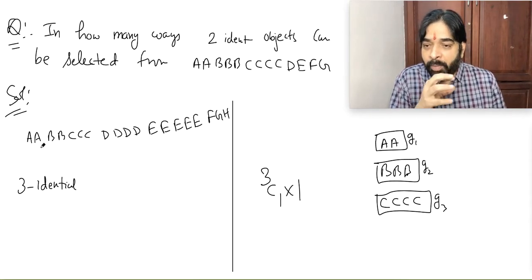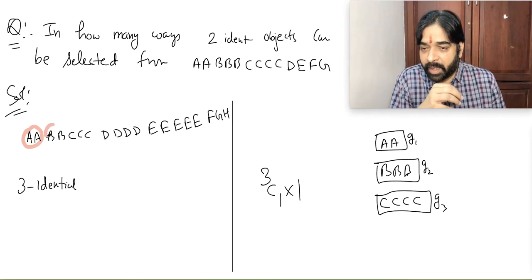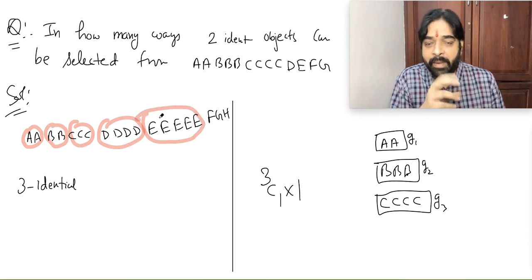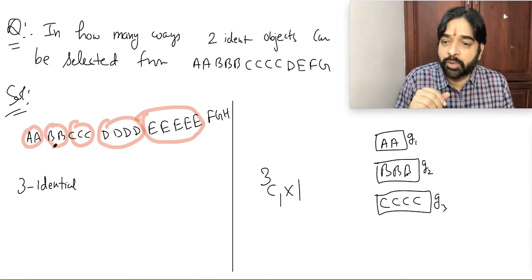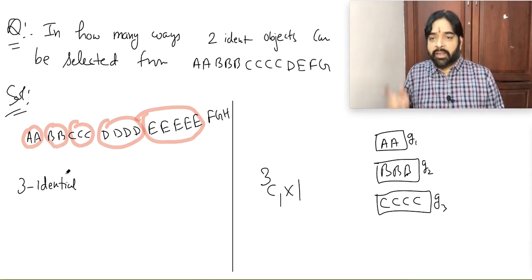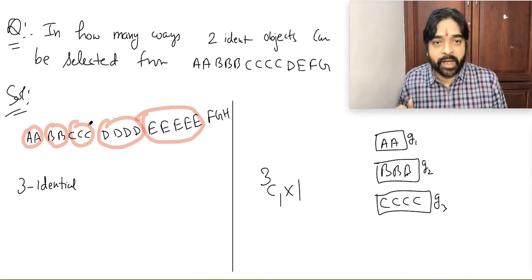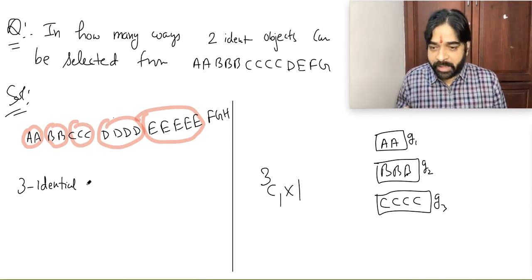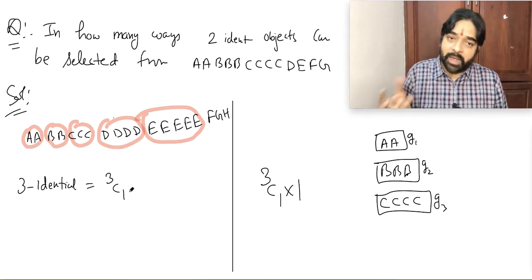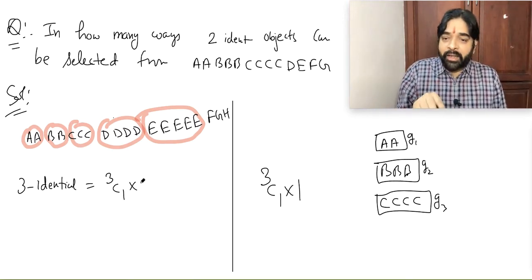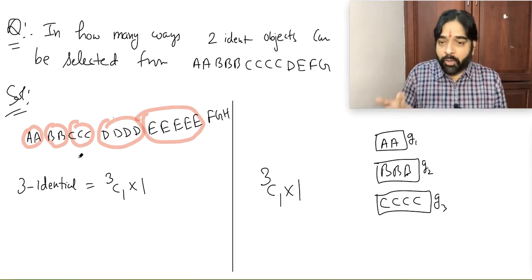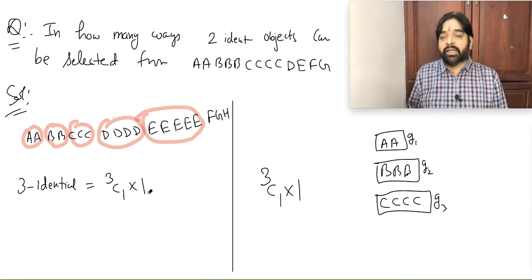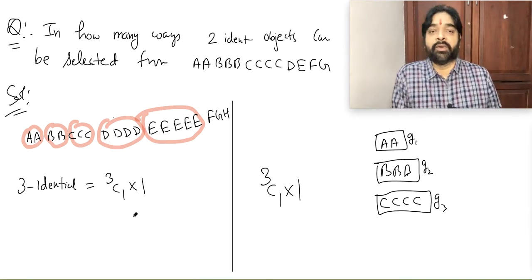Look, how many identical groups are there? One is this, another is this, another is this, another is this. This many groups I am having. But are all sufficient groups to provide three identical? No. These two groups will say, I cannot provide you three identical. Only these groups can provide you three identical. I want only one group, so that will be 3C1. Once an identical group has come, the number of ways to select is one, because you have to select also two identical. I don't know which group came, but when I select two identical, that will be left out like this. Did you understand?